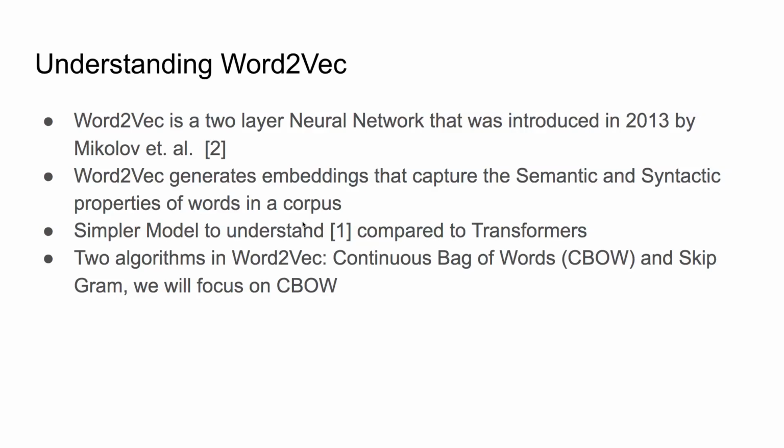Hi everyone. This is a video to explain Word2Vec from a conceptual perspective. So Word2Vec is a two-layer neural network that was introduced in 2013 by Mikolov et al. Word2Vec generates vector representations, or what we call embeddings, that capture the semantic and syntactic properties of words in